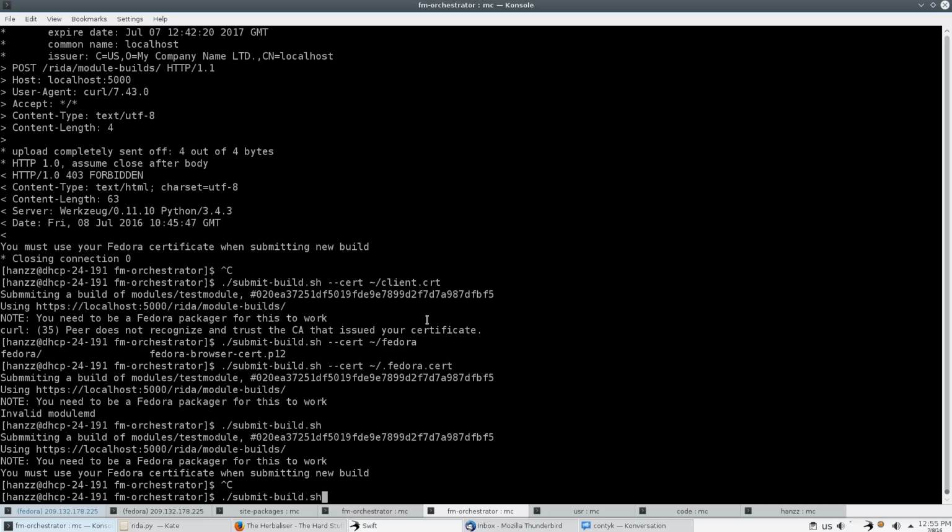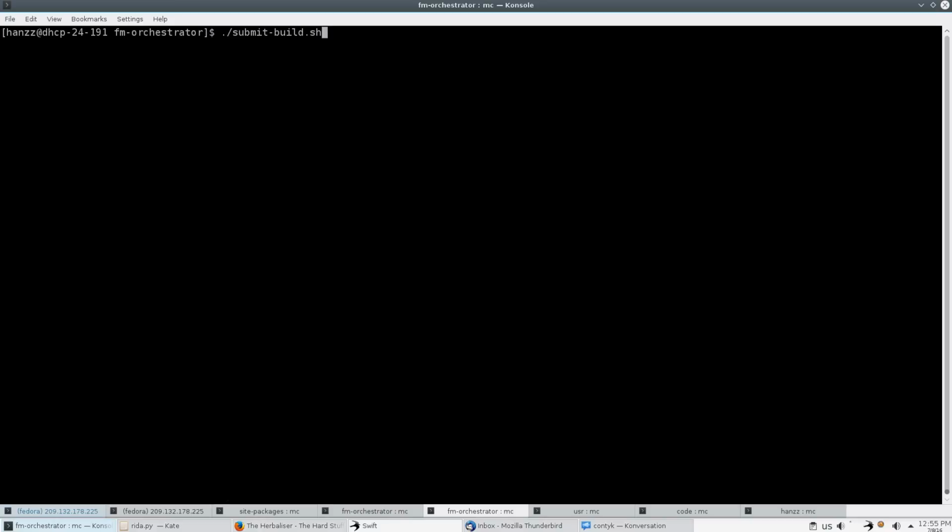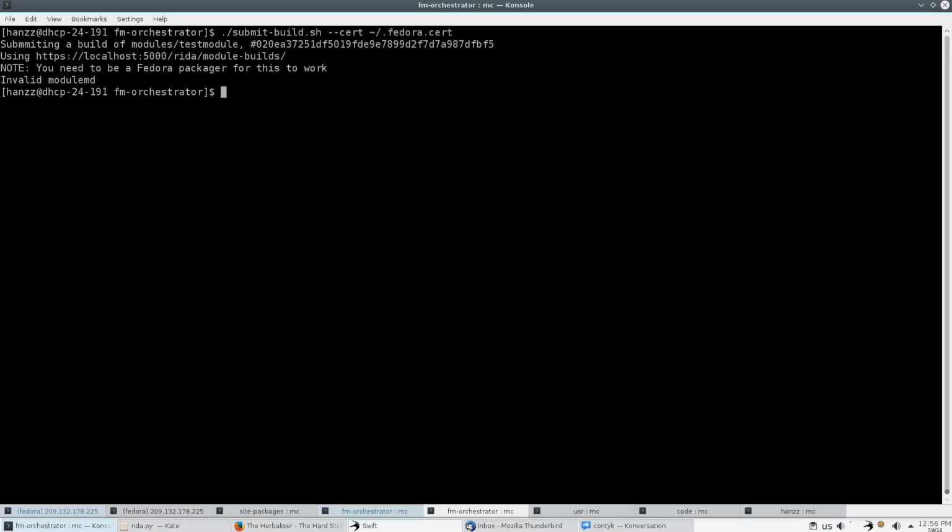Right now we can try to show the second feature I've been working on, which is authentication using client certificate. So let's try to submit new build using the Fedora certificate, because that's the certificate we are using for the authentication. By default, this certificate is stored in your home directory /.fedora.cert. If we submit new build using our test script, we see that authentication succeeded, but we ended up with